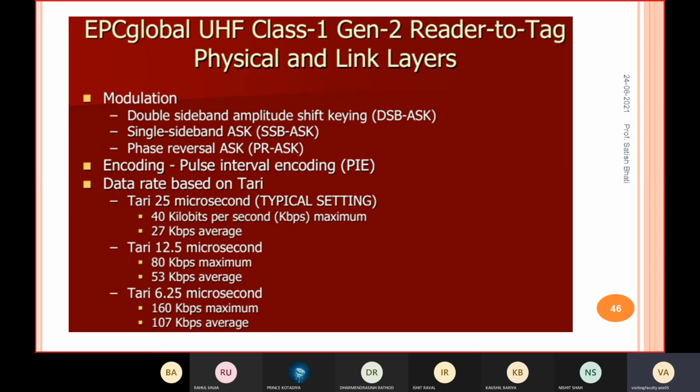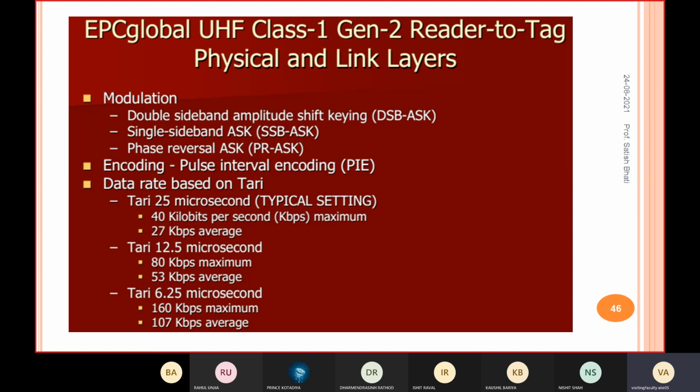So in these standards, whatever radio frequency we are using, through that we are transferring the data, right? Those radio waves, before the antenna sends them in the air, there is a process called modulation, right? In each and every tag, or we can say in the reader, this modulation will happen, right?